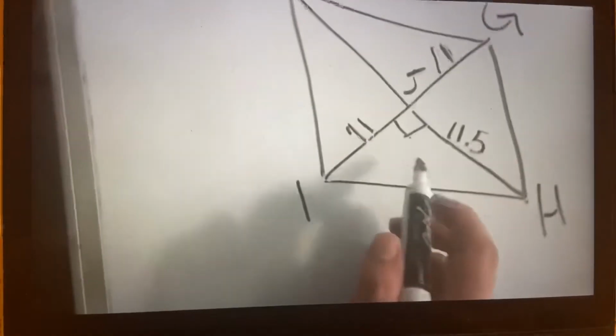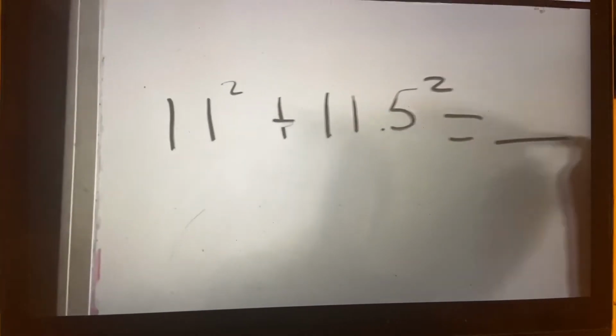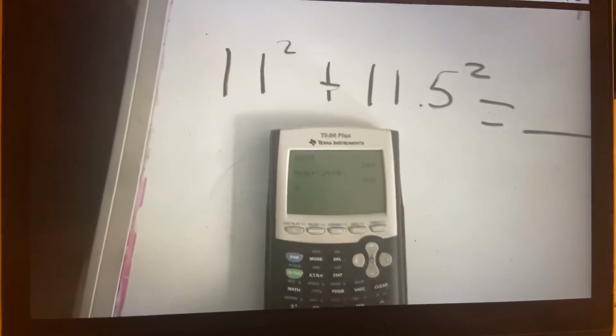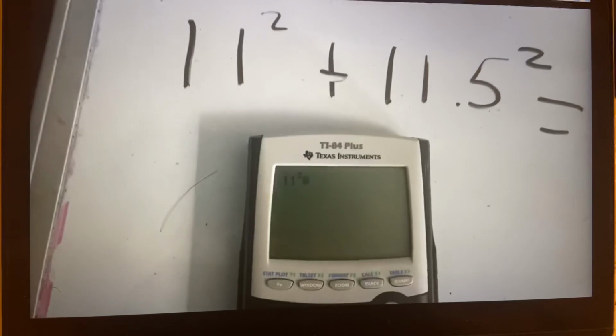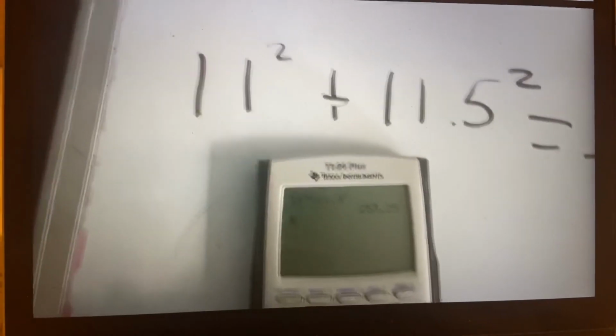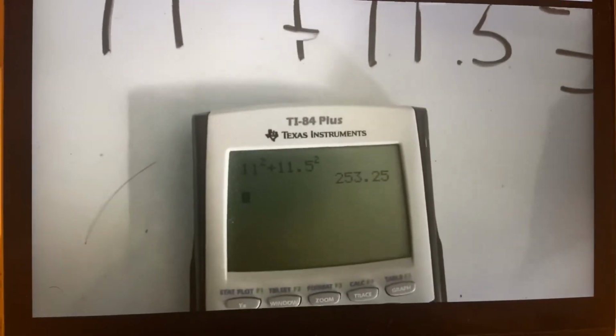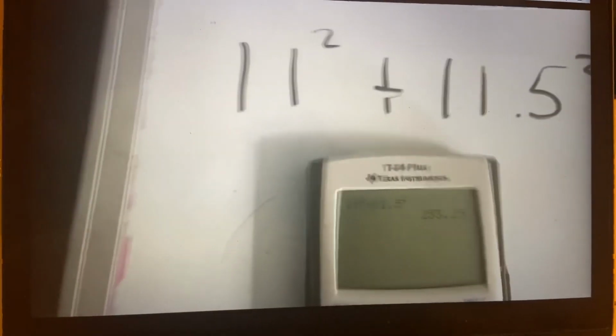Remember that this is a right angle because we're going to need it to find our IH. This forms a right triangle with two legs of 11 and 11.5. Off to the side here, you'll do 11 squared plus 11.5 squared is equal to something, right? We'll take our calculator right here. Make sure you can see that. It's 11 squared plus 11.5 squared is equal to 253.25,